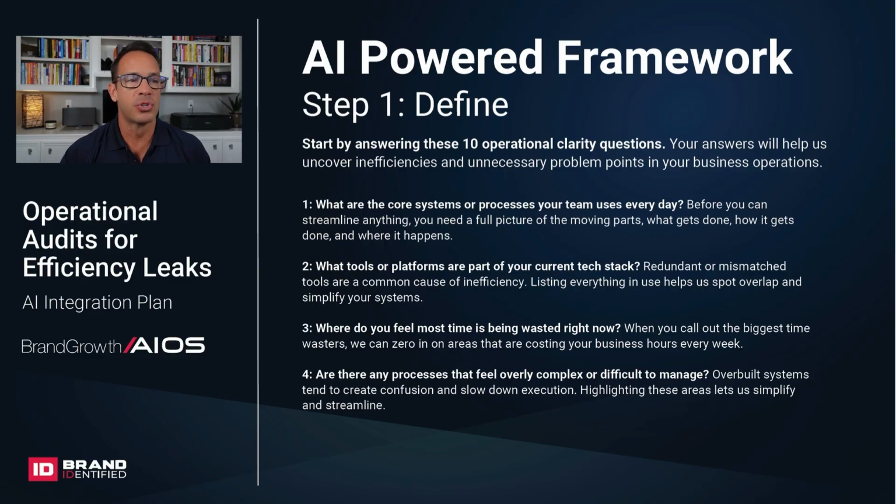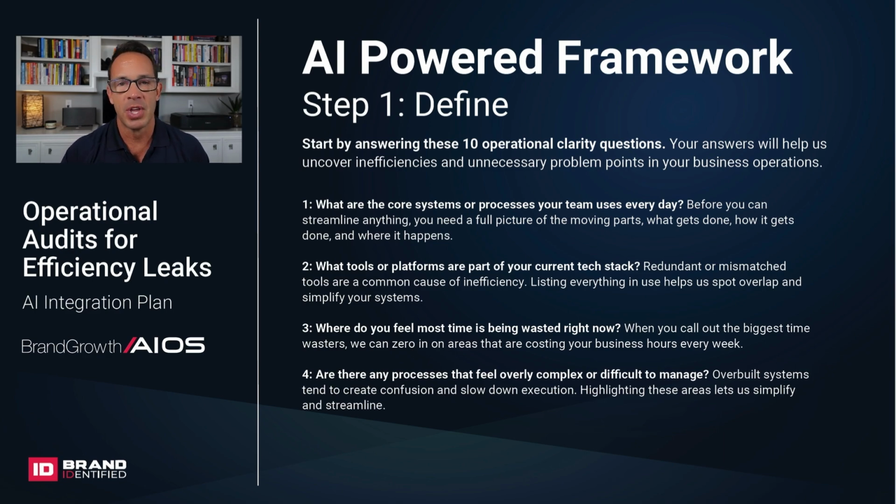Question number 2, what tools or platforms are part of your current tech stack? Redundant or mismatched tools are a common cause of inefficiencies. Listing everything in use helps us to spot overlap and simplify your entire systems. Question number 3, where do you feel the most time is being wasted right now? When you call out the biggest time wasters, we can zero in on the areas that are costing your business